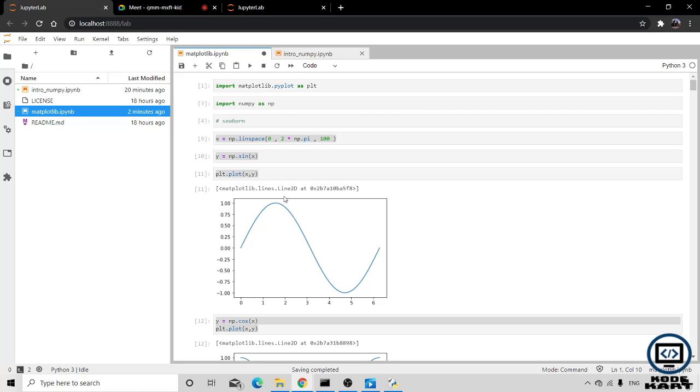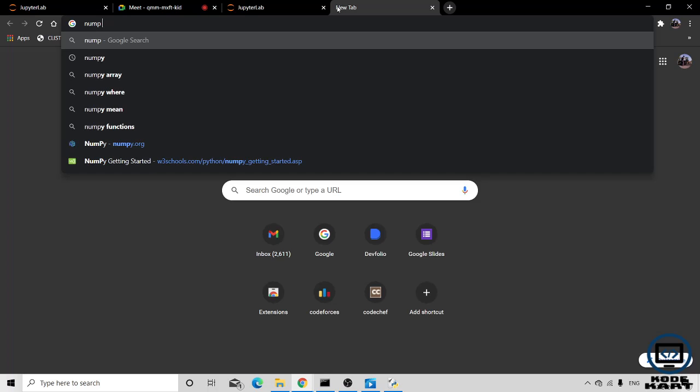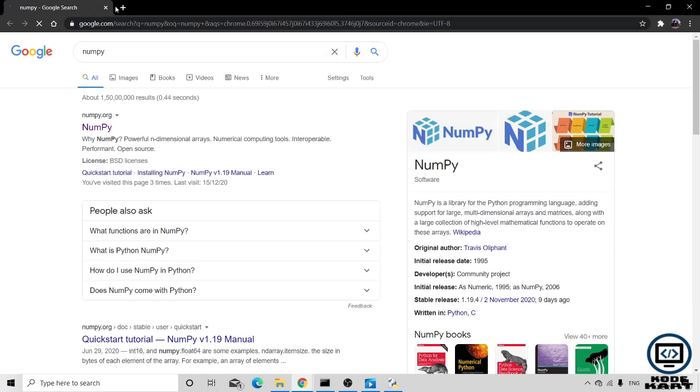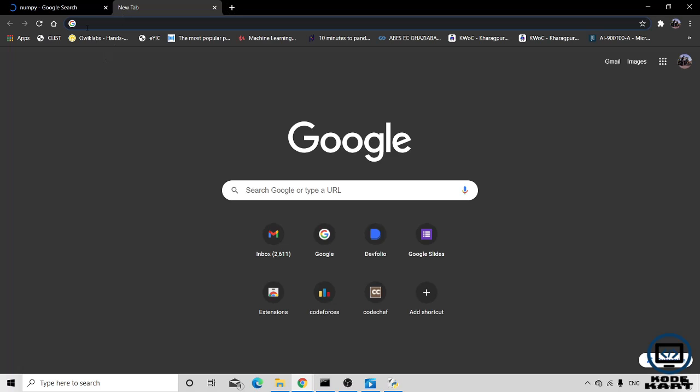At the end of the whole session, you will completely learn about matplotlib and NumPy. If you want to study them, you can simply type NumPy and see the documentation of NumPy for Python and of matplotlib from here.